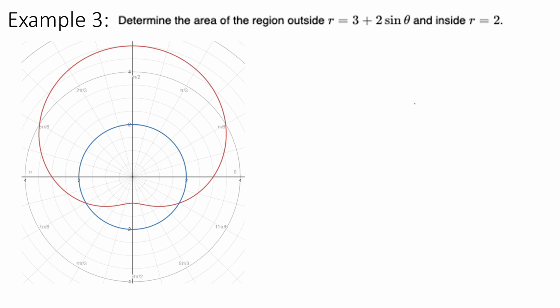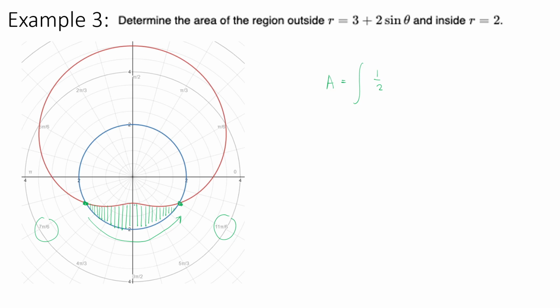Okay, so next would be the area outside 3 plus 2 sine theta but inside r equals 2. So outside of 3 plus 2 sine theta but inside r equals 2. So this is the area. So again, this one is pretty much simple since we already know the points of intersection. So again, counterclockwise direction for determining the angle. So that would be from 7 pi over 6 going towards 11 pi over 6. So area would be